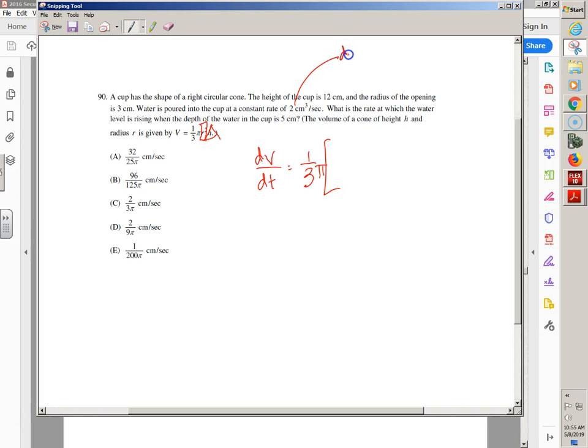dV/dt is constant, right? This is dV/dt, which is 2. What is the rate at which the water level is rising? They want dh/dt. Do they give me anything about dr/dt? They don't care about r. Now, you could have a dr/dt, and there is a relationship between r and h when you're thinking of